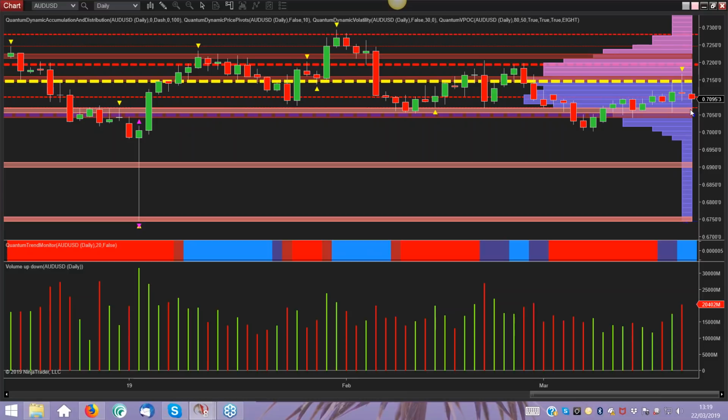The one thing I would say about this chart from an opportunistic perspective, if you will, is that if this market breaks to the downside, you might not be able to see it here, but there's a very strong level of support here. This is extremely strong. It's actually blue, but it's highlighted through something else down at this level. If the market actually breaches that, then look at what's below. Nothing. It's almost fresh air. You've got no volume to speak of. You've got nothing in the way of major price support to provide a platform or a bounce. So once you get through this level here, it's free fall time.